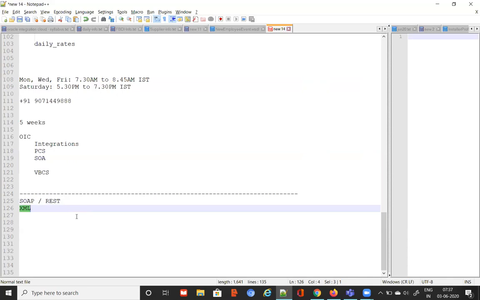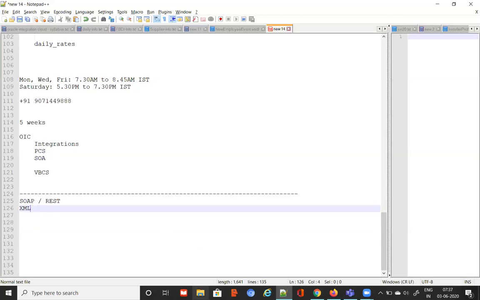I'm sure every one of us would have used XML in some manner, but we'll formally go and understand what XML is. After that, we're going to understand how to define a specific structure for an XML document so that we can refer to it in the integrations. That is nothing but the XML schema document, XSD. We'll also see WSDL after that, what WSDL means and what information is available in that document. Mostly today we'll be focusing on XSD, and in the next session we'll be talking about WSDL, right? So before that, first XML.